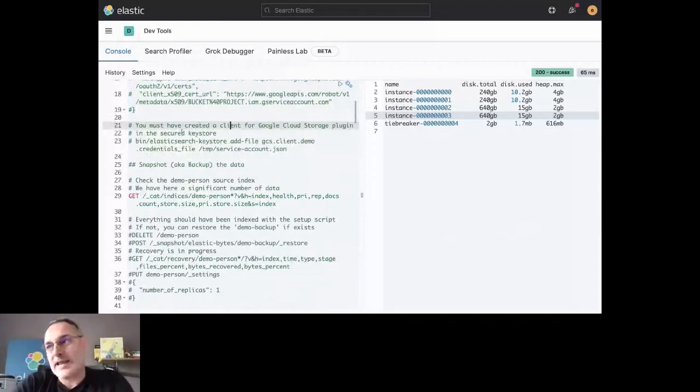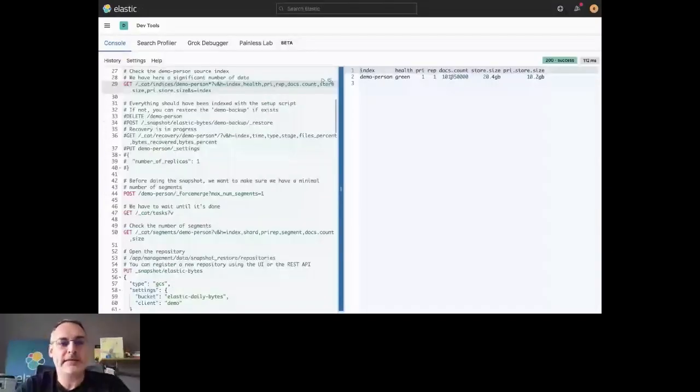So let's talk about snapshots. A snapshot is like doing a backup of your data. I already have a demo person index, which is available here. This demo person index has about 10 gigabytes of data, around 100 million documents indexed in this data set.